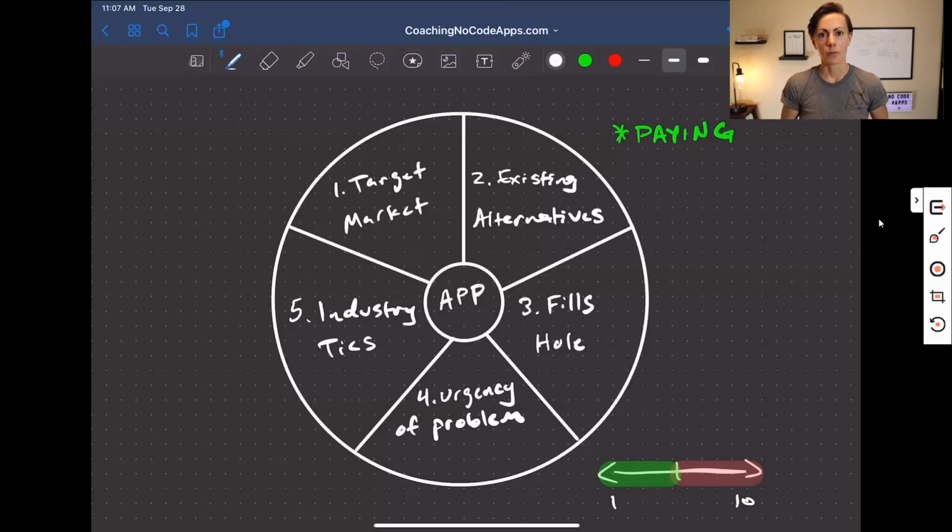Maybe you're building the app for a problem that you currently have, but if not, make sure that you have some sort of contact or some sort of connection so that you can get a foot or a toe in the door to the potential users of your app. So if you have those 5 layers of validation, that's a really good starting point